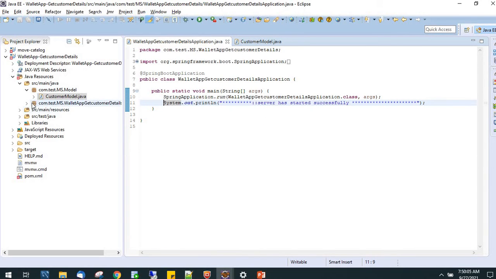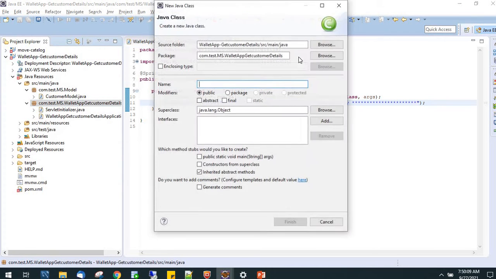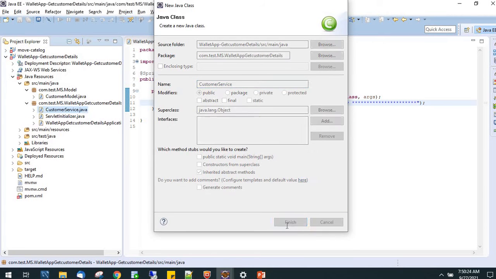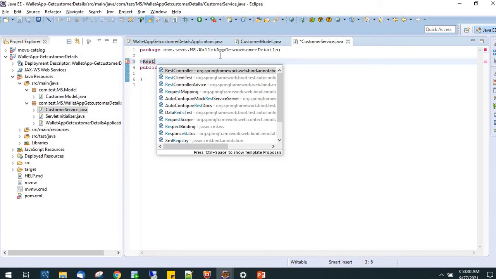So we have to create our API, right? Customer service. So we have to make this a REST controller. Hope you guys know about RESTful web services, right?